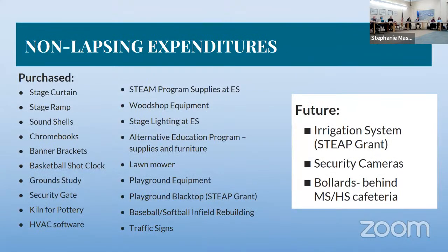And just to remind you, I have the slide here and I'll take your feedback at some point if you want to keep this slide in here for when we get to the Board of Finance and all that. But it's to point out some of the really good decisions that you made about spending non-lapsing funds. What we've done, you see the traffic signs are actually listed there in the bottom of the second column. And then the future is the irrigation and some other things that we may be spending some of that money on in the future. Let's go to the next slide.